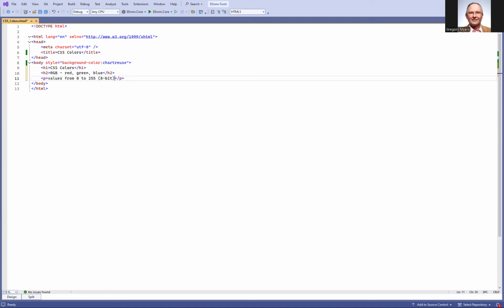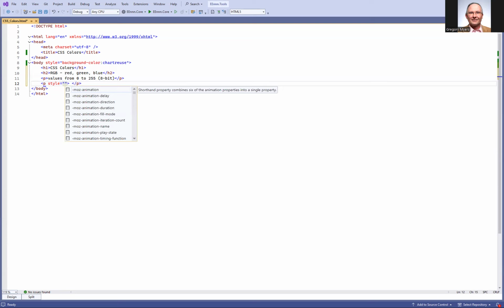Now, again, the goal here is to demonstrate this inline. I'm going to leave the headers alone, but instead I'm going to put in some examples in these P tags. So we're going to leave this particular P tag alone, but we are going to insert one more P tag under here. And in this one, we want to use our inline style, and in this case, we're going to change the